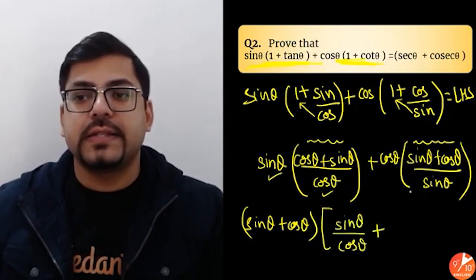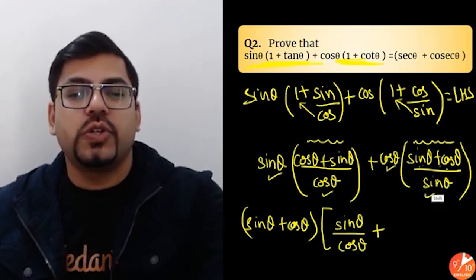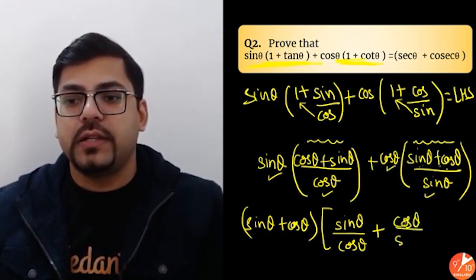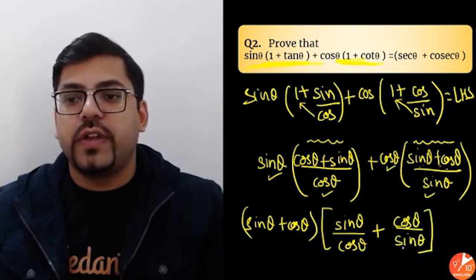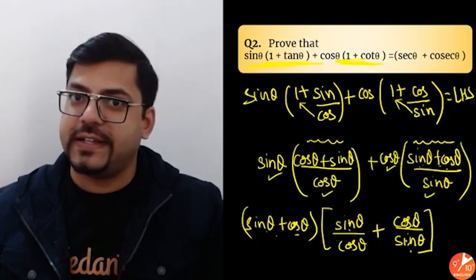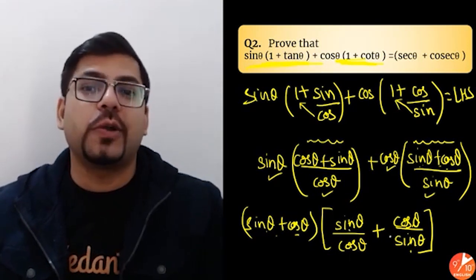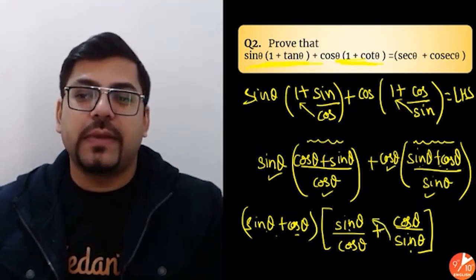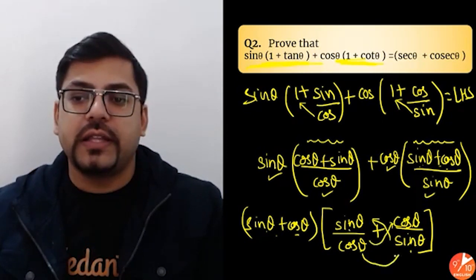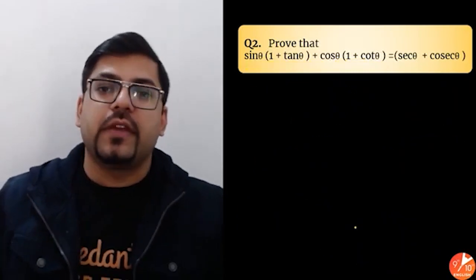And similarly plus here also you have taken out this. So what's remaining? Cos theta by sine theta. So what we got? We got sine theta plus cos theta into sine by cos plus cos by sine. And hence again you will take LCM. So what happens in LCM? You have to multiply this sine to this sine, this cos to this cos, and in the denominator they will get multiplied together because of LCM.